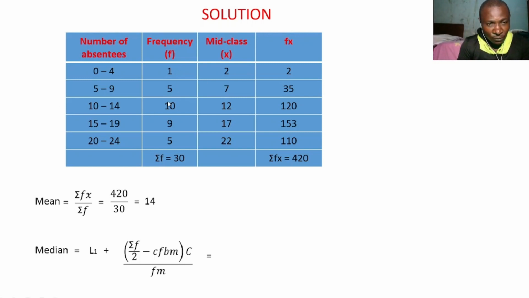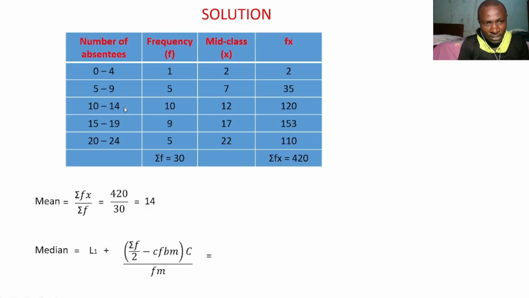If we move to the next class, which is this class where the frequency is 10, now if you add all the frequency from here, 1 to 5, it gives us 6. To 10, it gives us 16. Now, can we find 15 inside 16? Yes. If you trace it back to this side, you will notice that the class where we can find our median, or where we can find 15, is actually